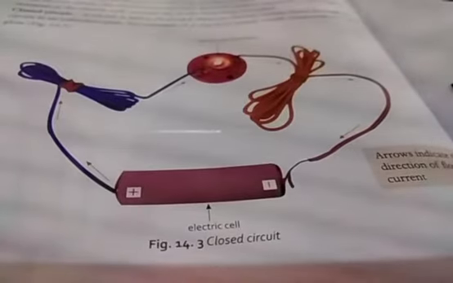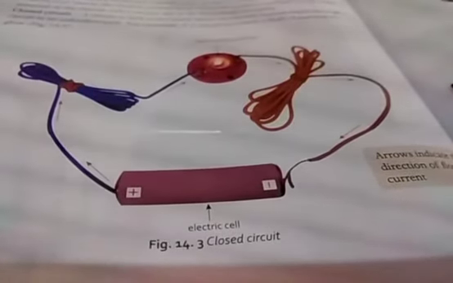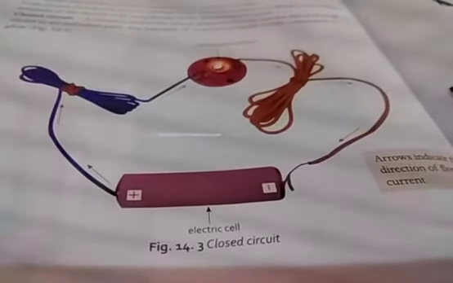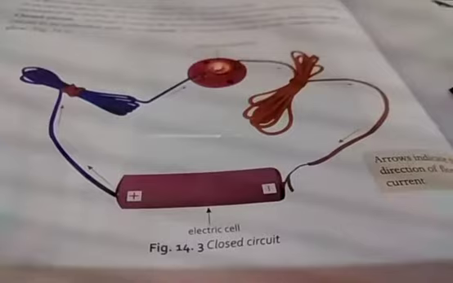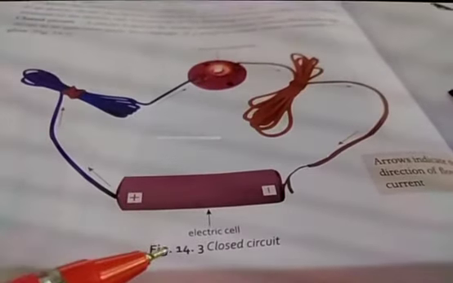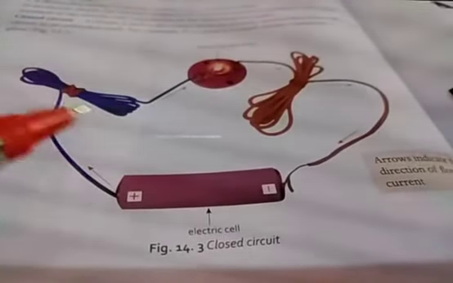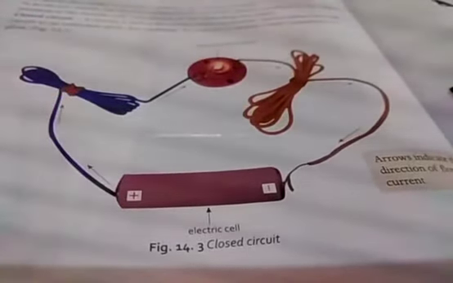To make an electric circuit, the following things are required. Now we will make a small circuit here. A source of electric current, meaning the electric cell or the battery. You can take one cell, as here. Then metal wires through which the electric current can flow. These are the wires. This and this both are wires.